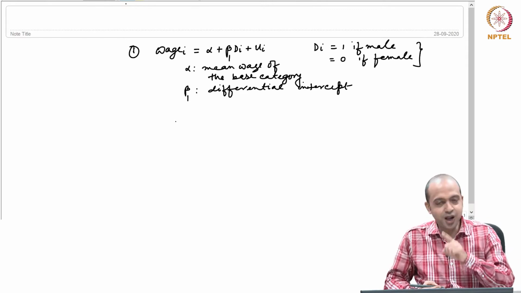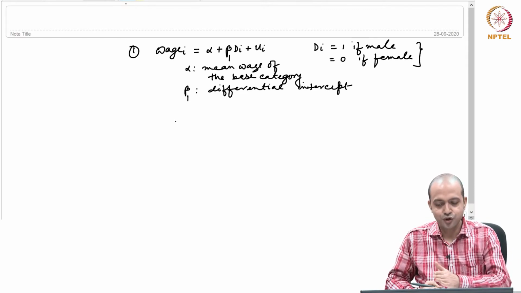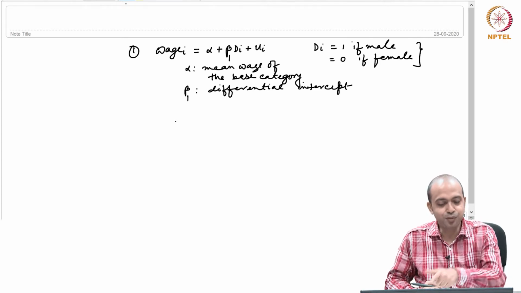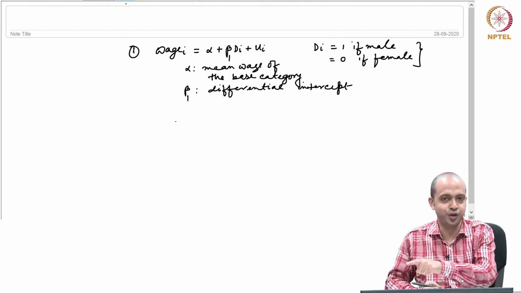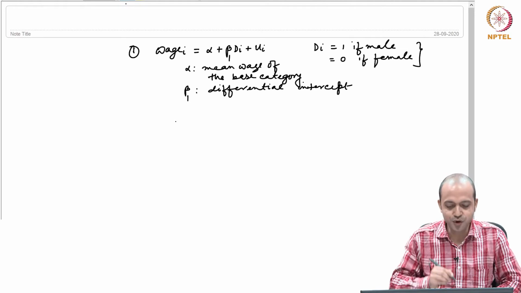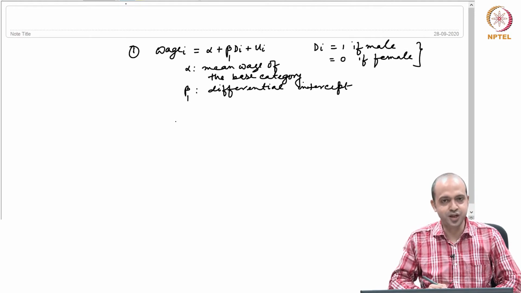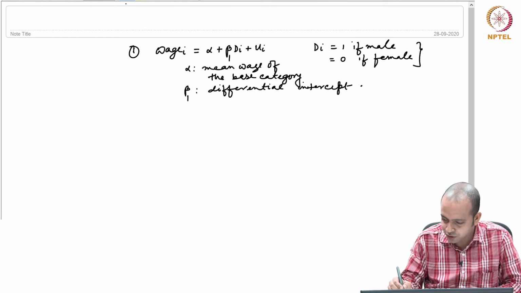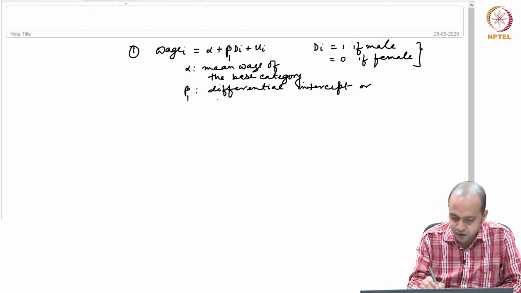Alpha is the intercept for the female category or the base category, and alpha plus beta 1 is the intercept for the male category. That means beta 1 indicates the differential intercept, or alternatively you can say that on an average